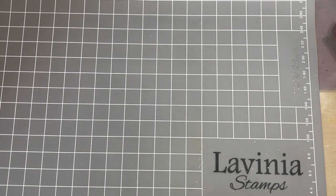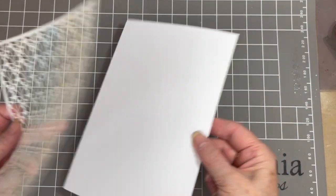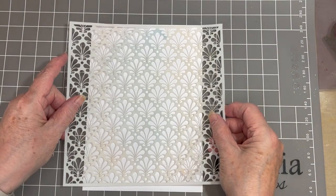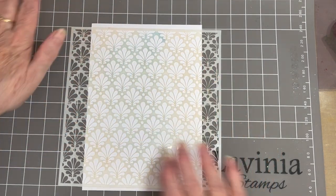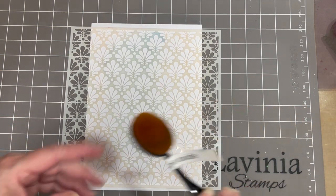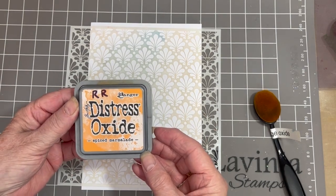So to start with, we need a piece of A5 card. I will be cutting it down to a 14cm square at the end, but I just really like to use an A5 and then I can decide what parts I want to cut off myself. And we're going to use Spiced Pumpkin Distress Oxide,